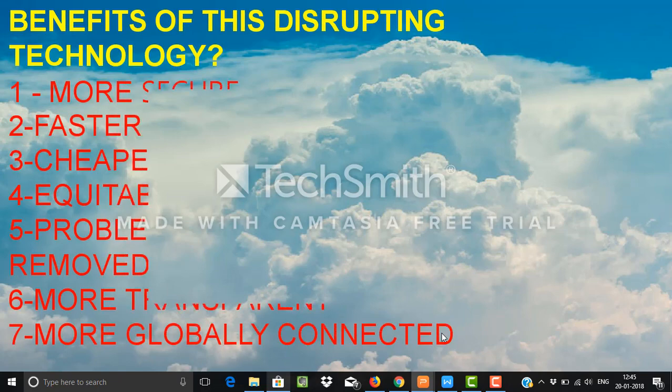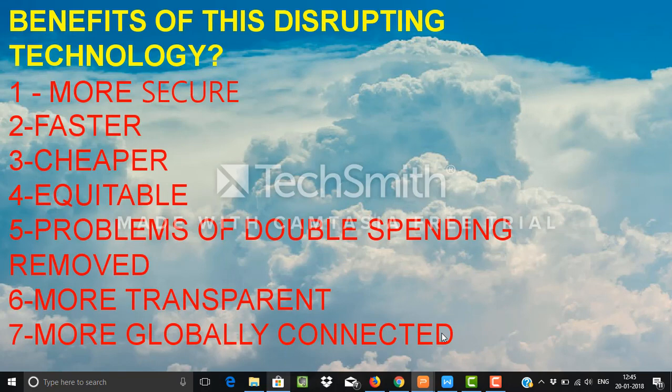The next question is: why is it called a disrupting technology, and what are its benefits? It is called disrupting technology because it will change the relations, and change the centralized information system to a more decentralized, more distributed information system. It can be used in multiple industries and areas. It can be used in education, in banking, in insurance, in industry output,